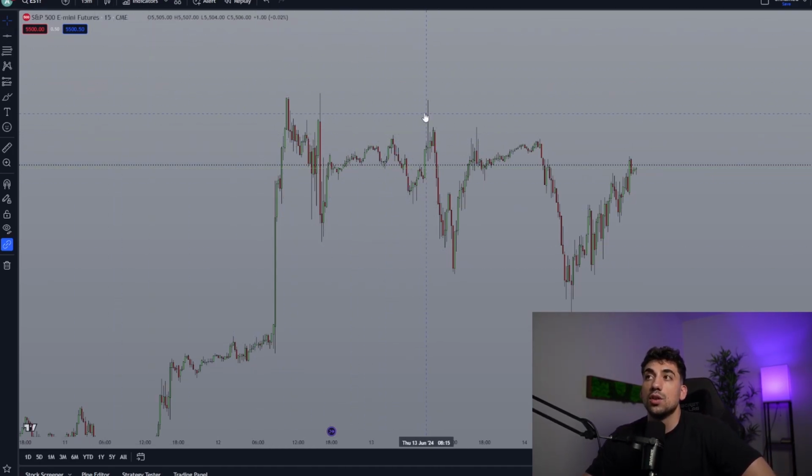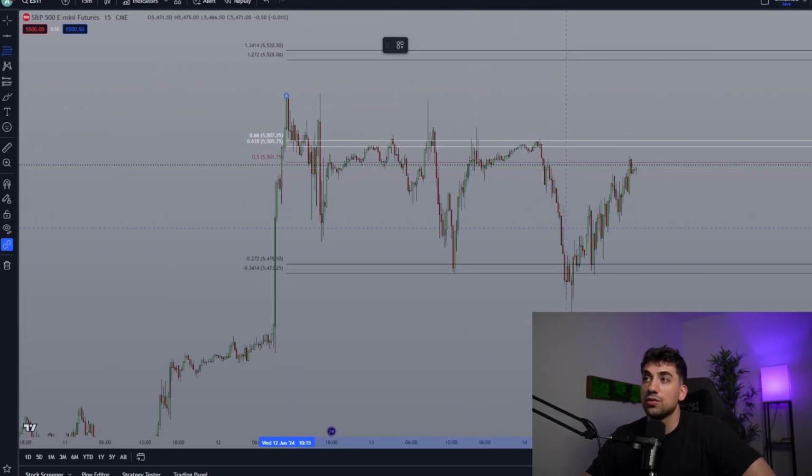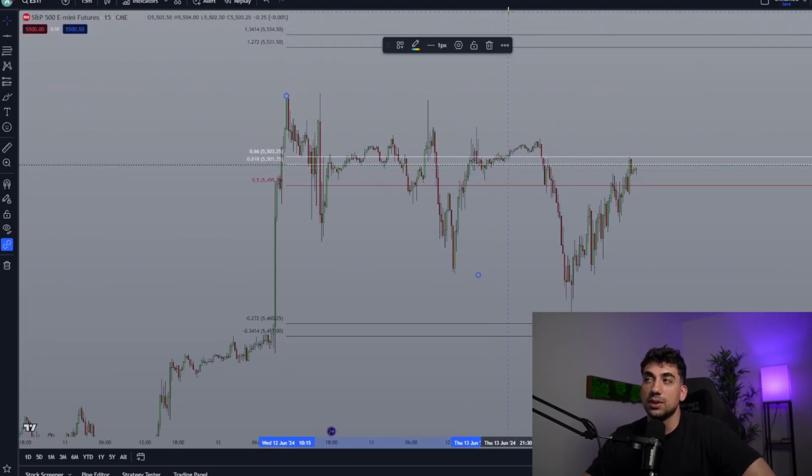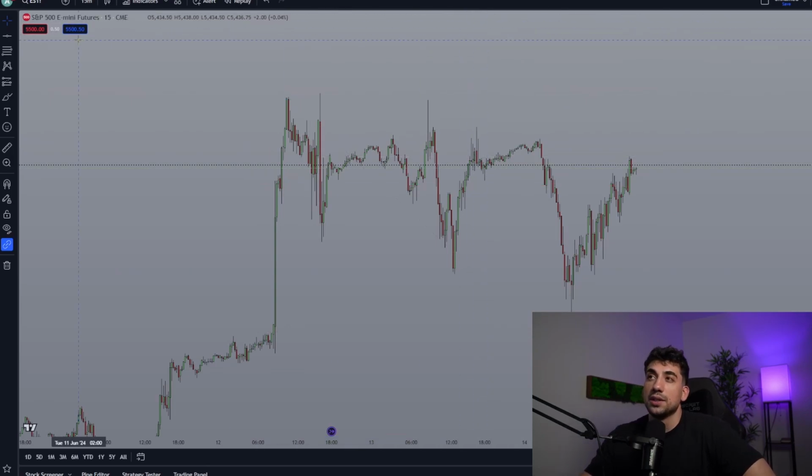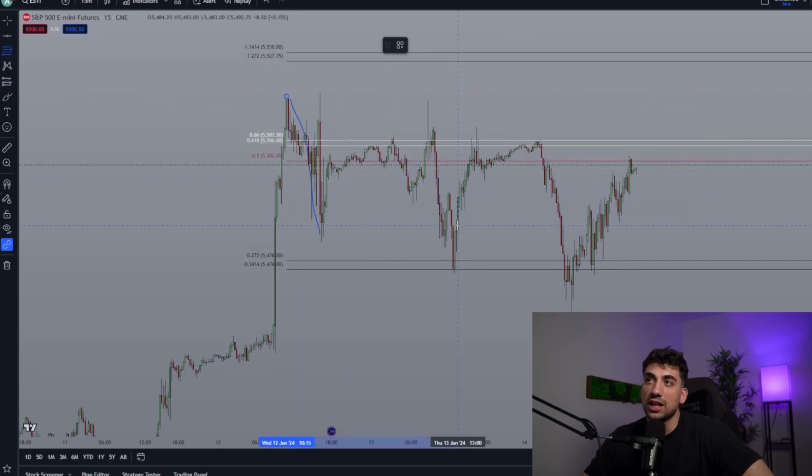Now, what if we do the opposite? If we take the Fibonacci from, cut this part out. So now, I wouldn't look for Fibonacci. You can look for Fibonacci like,